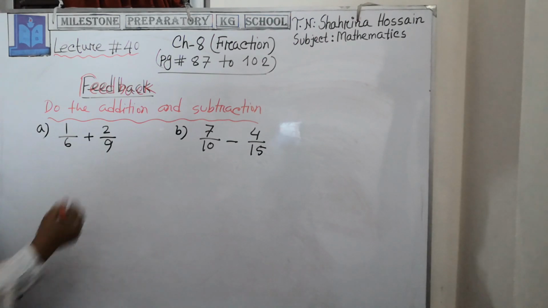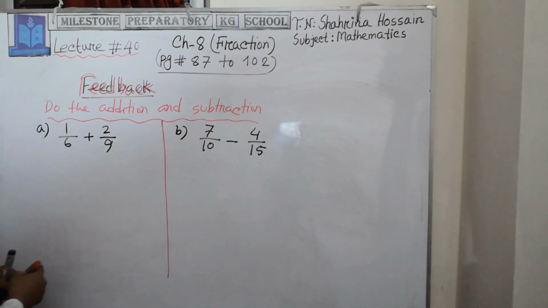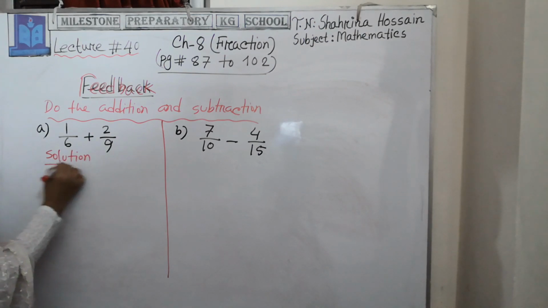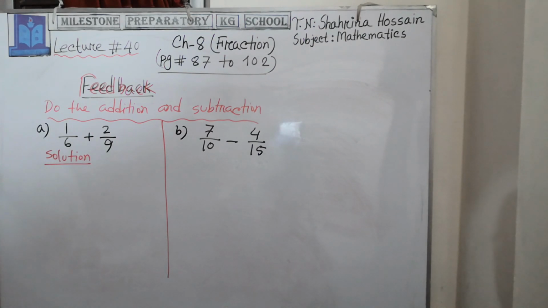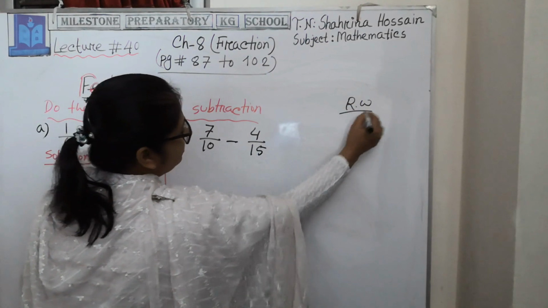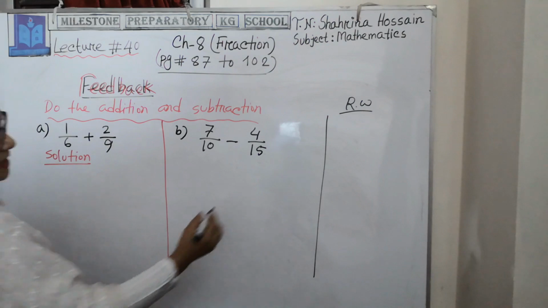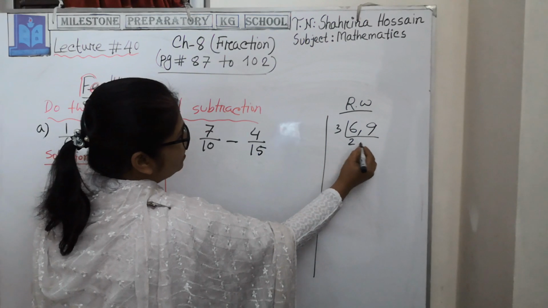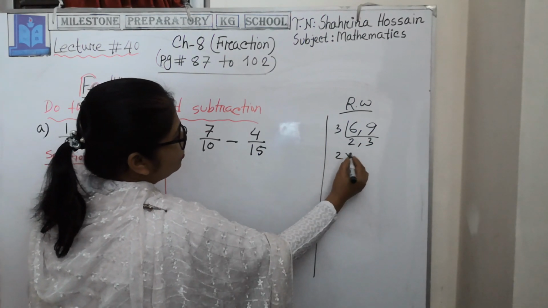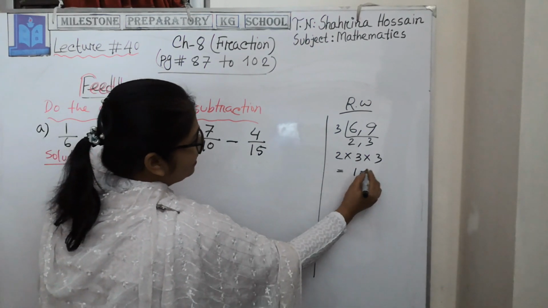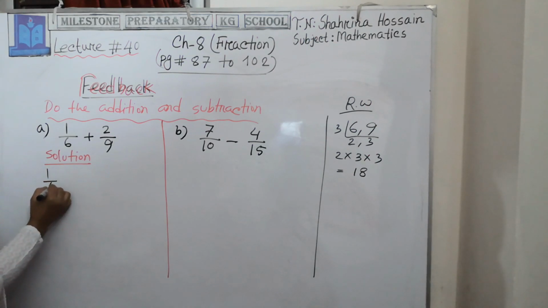Okay, now let's come and do it with me. Addition is there. At first we will find the LCM by doing the graph. In the right side corner we can use it for our graph. 6 and 9 both are composite numbers. So 3 twos are 6, 3 threes are 9. So our LCM is 2 into 3 into 3. That means 2 threes are 6, 6 threes are 18. So we are getting the LCM